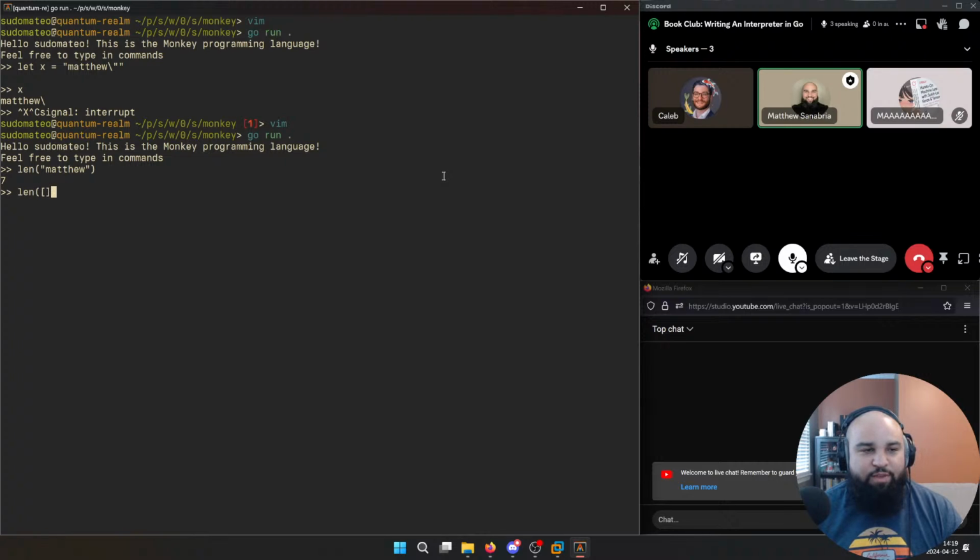But it doesn't just work for a string. Oh God, I forget that this makes you type every character one at a time. It works for arrays as well, because we have that built-in switching on the type that's passed to it. So I thought this was pretty neat.